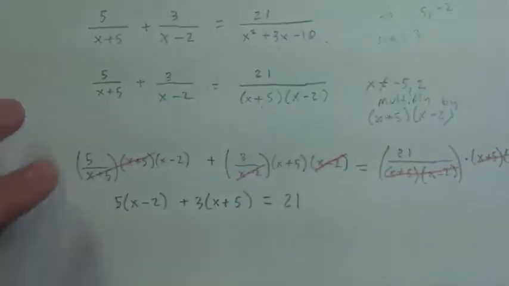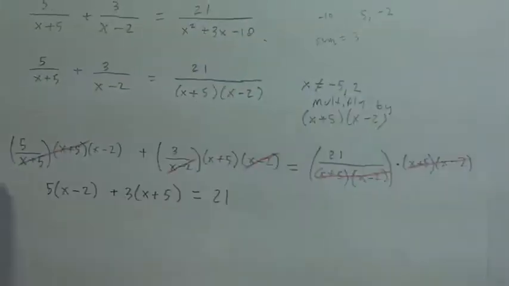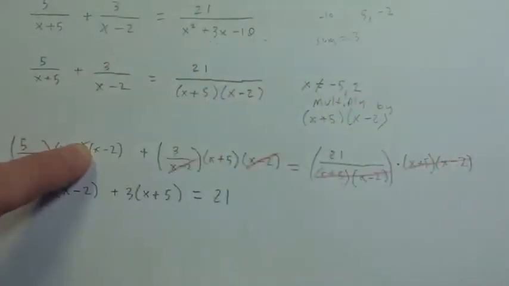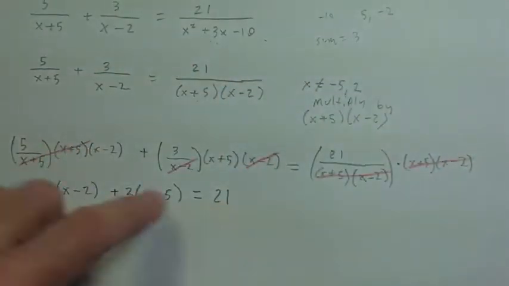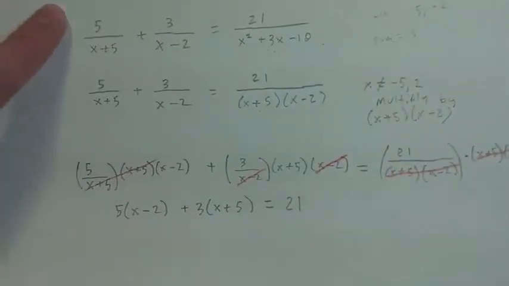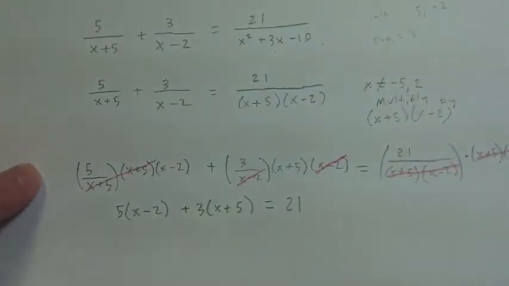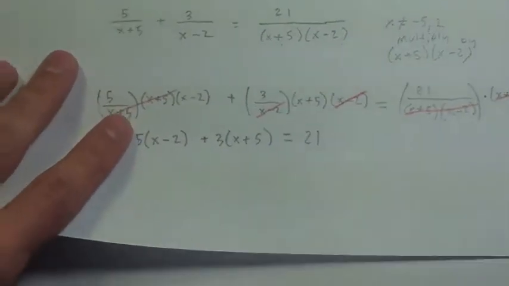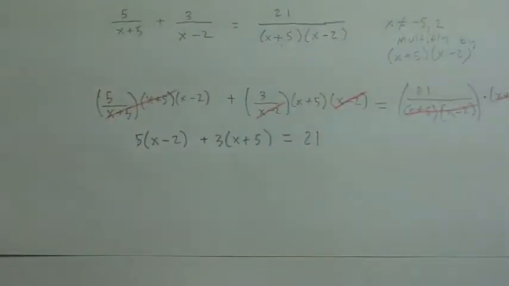Okay. All right, so it looked like we had a step here that was just awful, but it simplified down to something very nice, relatively speaking, compared to all the other steps we have here. Our fractions are gone,